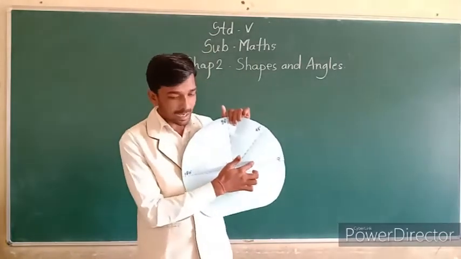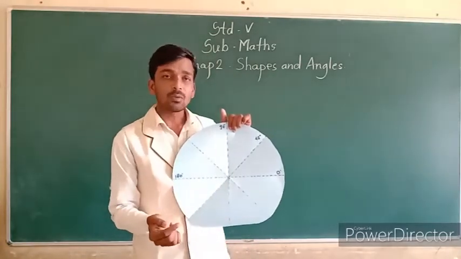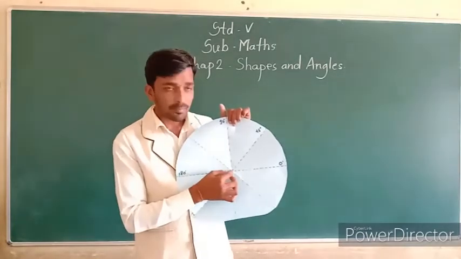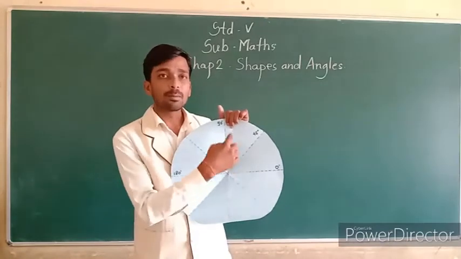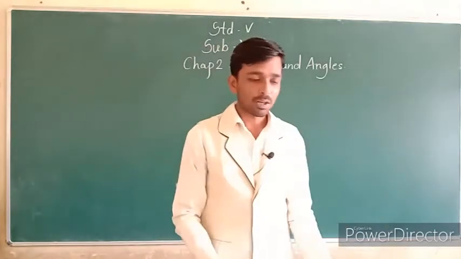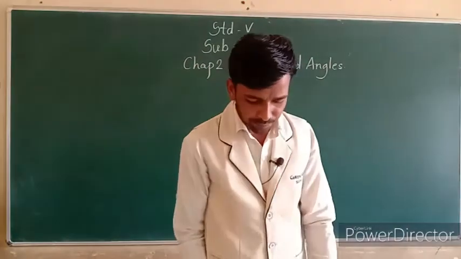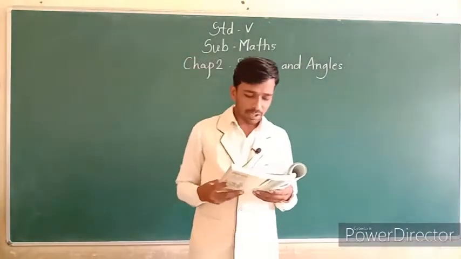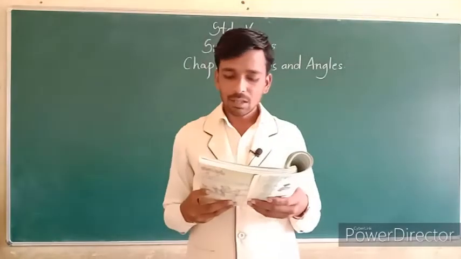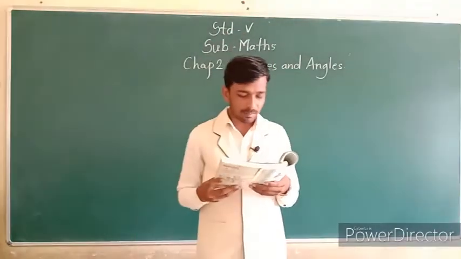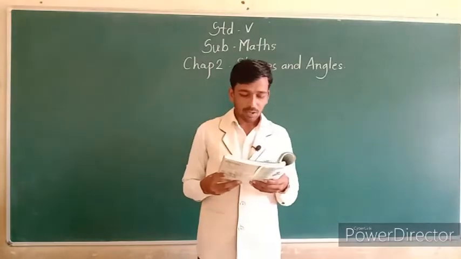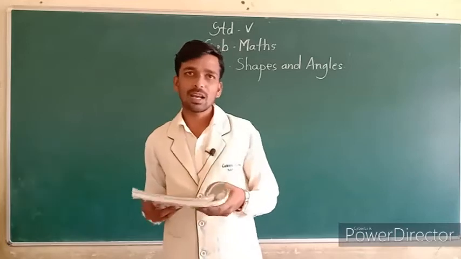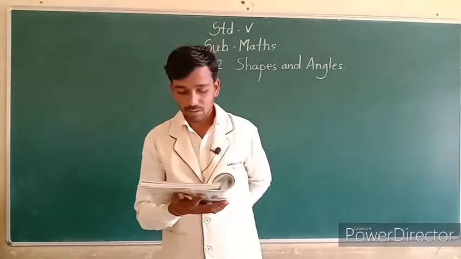Here you can draw one line and take one strip, a red color strip. Okay, you can fix it here, and that red color strip can move around. Okay, all of you understood how to do this activity? See, next they give us: Use your degree clock to measure the right angle of your pencil box. Dot dot dot is the measure of your right angle. Okay, you can measure and write that degree.